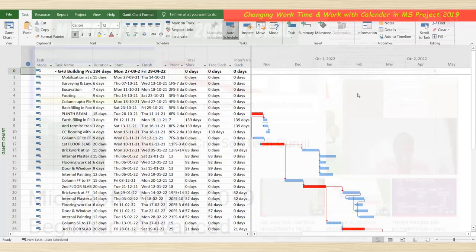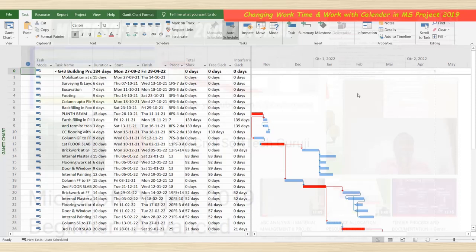Then creating a switch or button, that we'll study. Then project monitoring using earned value analysis, and in the last we'll see some important features of MS Project or other useful features.